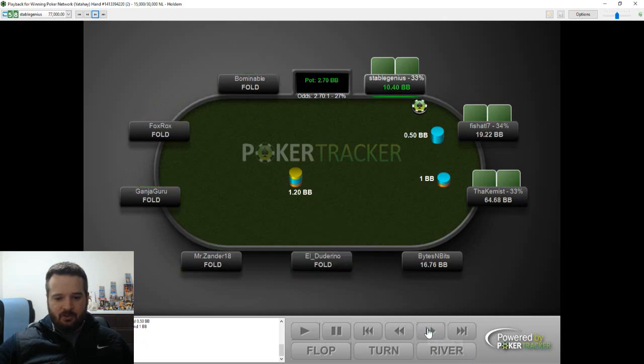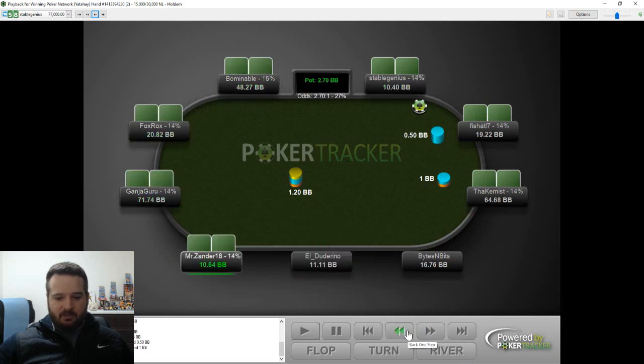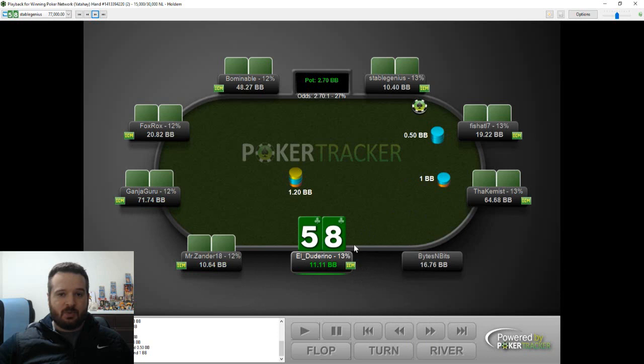This is a clear fold here, but I think this is a good opportunity. When it's folded to us, we do want to have a good idea of what our open shoving range should look like. So we're going to plug this into the calculator real quick